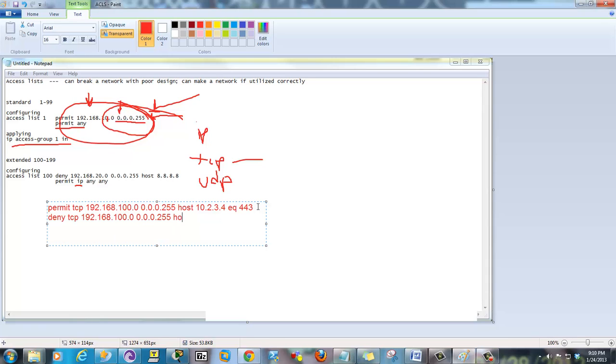192.168.100.0 0.0.0.255 host 10.2.3.4 EQ 80, meaning you are permitting only traffic from 10.2.3.4 on network 100.0, the 100 network, via secure HTTP. That's what that's saying. And then you're going to deny